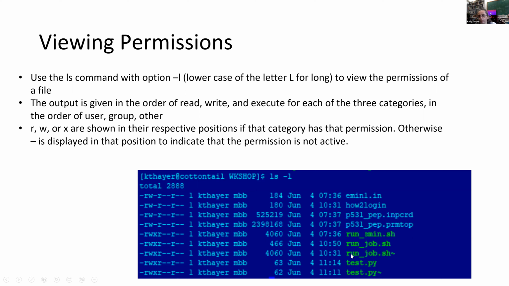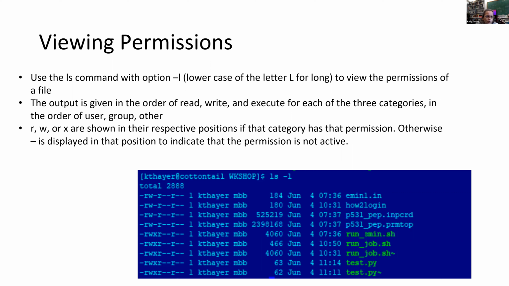So when you just do a plain ls, you're just going to get the names of the files, which are being shown over here, but you're not going to get all this other information. So in terms of understanding what permissions are attributed to these files, that's where these columns over here are going to be useful. So the output's given in the order of read, write, and execute for each of the three